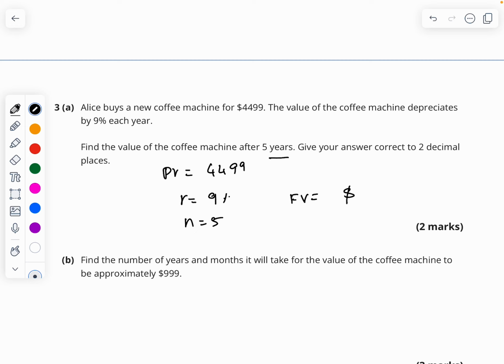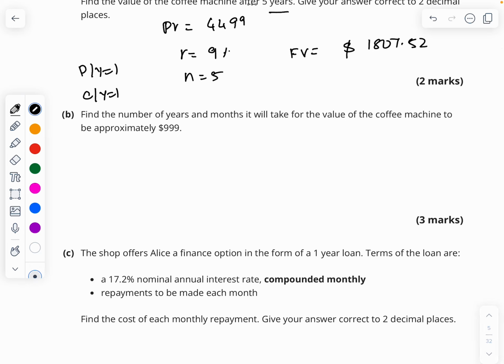You should be getting 1807.52, and it is at each year. P/Y equals 1 and C/Y also should be equal to 1. Find the number of years and months it will take for the value of the coffee machine to be approximately